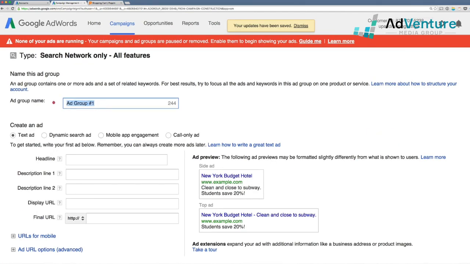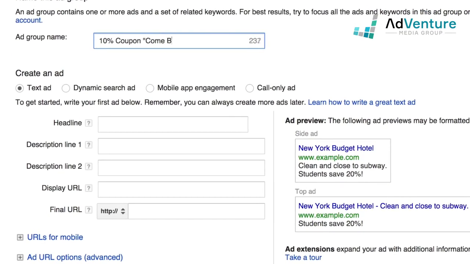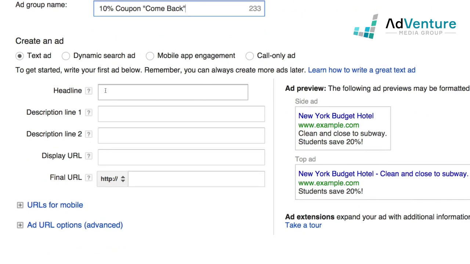So the ad group is remarketing, or 10% coupon. This ad group will be focused on giving people a 10% coupon to come back. And keep in mind, this ad that we're writing now is only going to be shown to people who have been to our site and who have added products to the cart, because we're only going to be using the remarketing audience called cart abandoners to target these ads. So the headline could read something like,